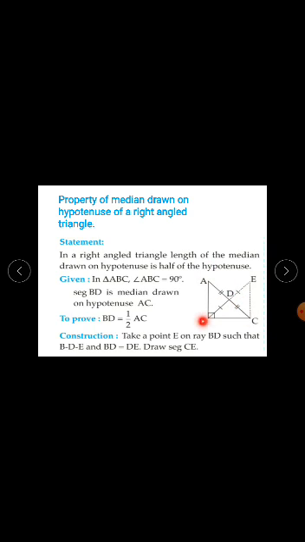Angle ADB is congruent to angle CDE, vertically opposite angles, and seg BD is congruent to seg ED. Reason: construction. Therefore, triangle ADB is congruent to triangle CDE by